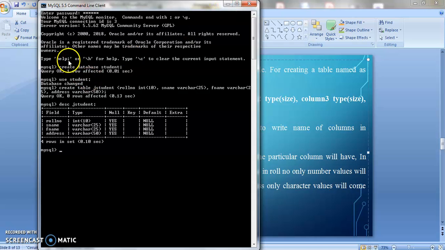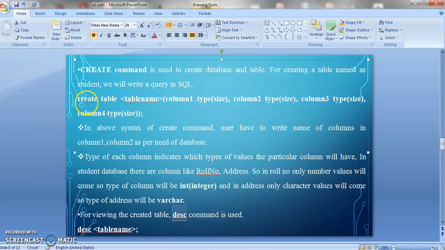First we will open the MySQL command line client. Then after that, if you have set a password, you will enter the password. After that, you will create a database. Then you will open the database using the use syntax, and then you will write a create command for creation of a table. And then you will use DESC for describing it, or to see the structure of this table. So it is very easy to remember this command. Again, I have highlighted this command.